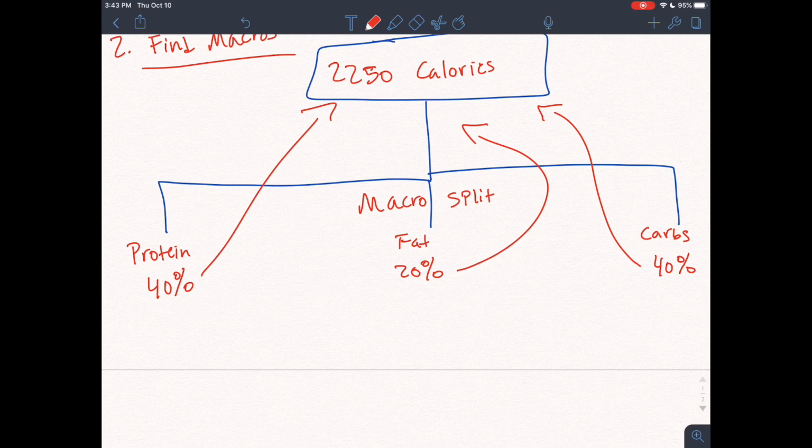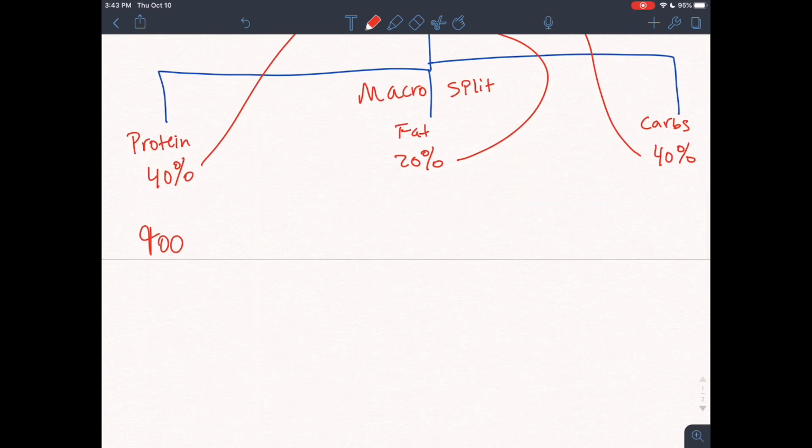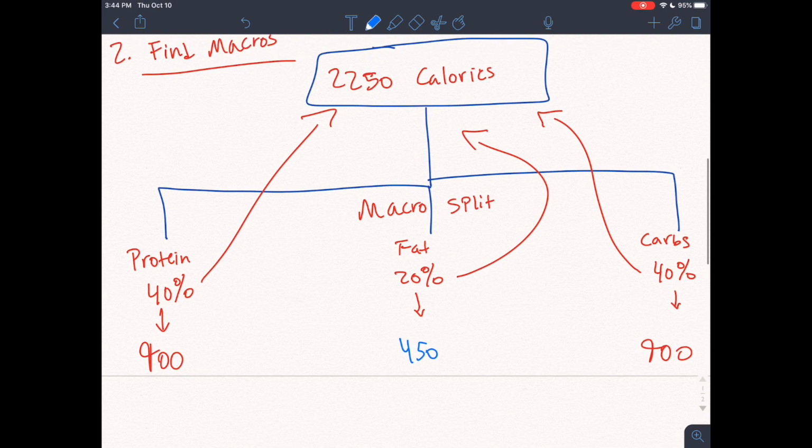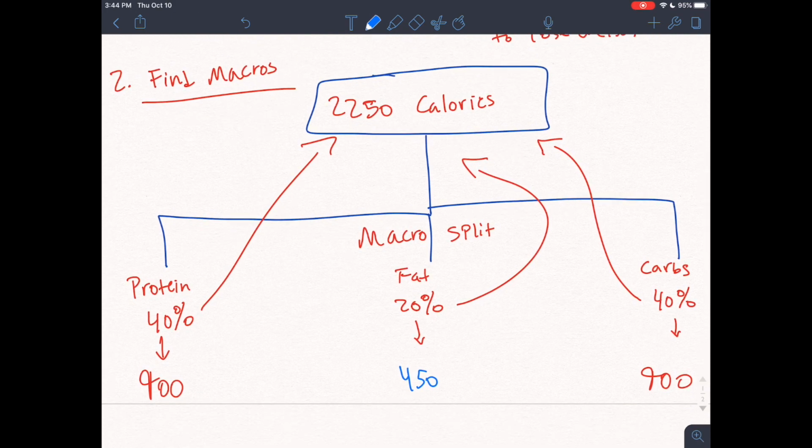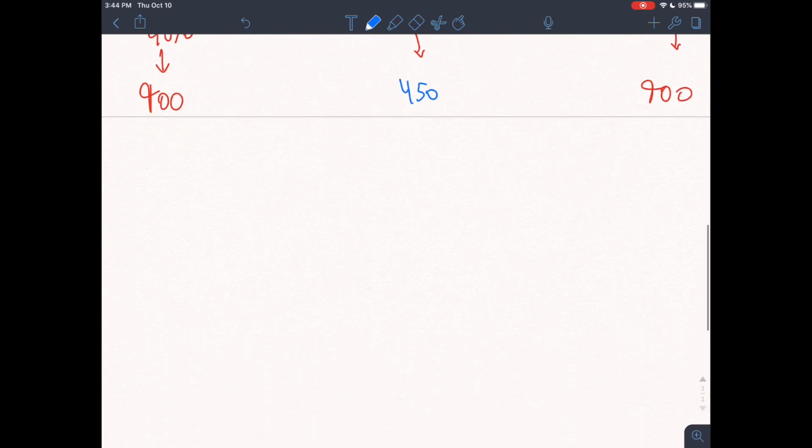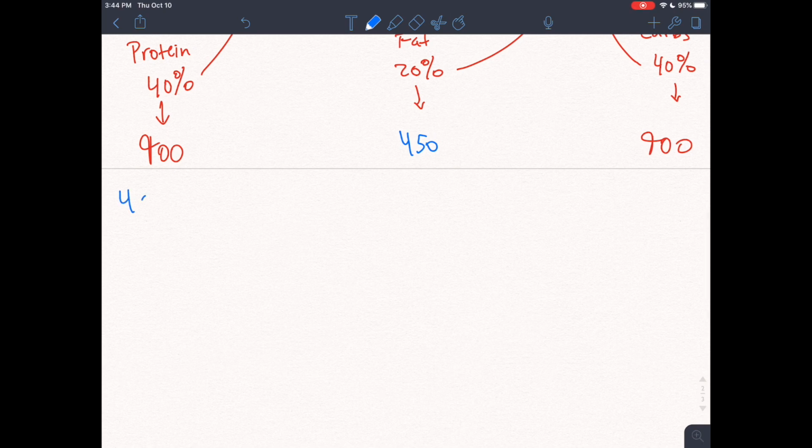So it's not that complicated, but let's go ahead and do the math really quick. 40% of 2,250 is 900, same for carbs, and then for fat, we're going to do it in blue here, 450. Now remember how I said macros are made up of calories? That is true because there are 4 calories per gram of protein, 4 calories per gram of carbs, and 9 calories